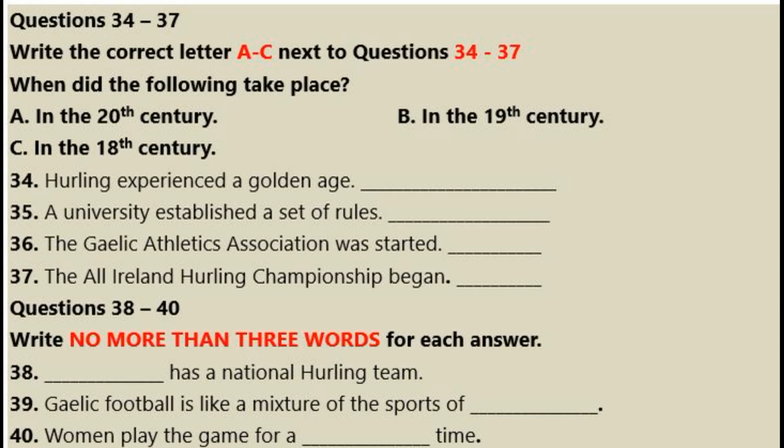I'll give you a bit of the history, shall I now? Generally, the golden age of the game is considered to be the 18th century. But systematic rules were first agreed and drawn up at that great shrine of learning, Trinity College Dublin, in 1879, founding the Irish Hurling Union, closely followed just a few years later by the formation of the Gaelic Athletics Association. With greater organisation last century, the All-Ireland Hurling Championship got off to a flying start, and I'm proud to say